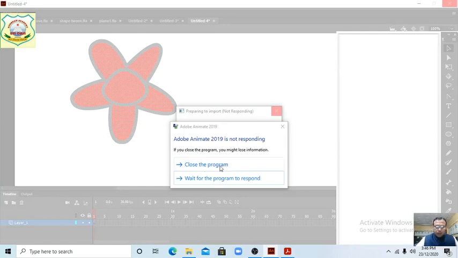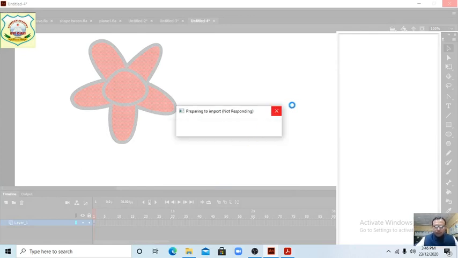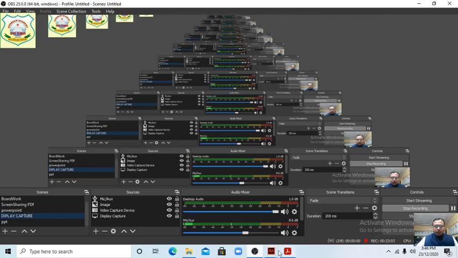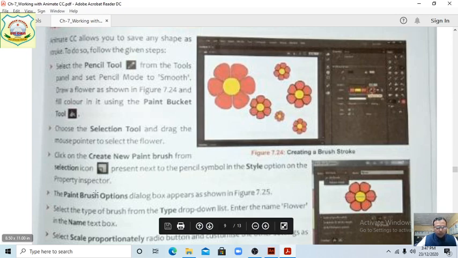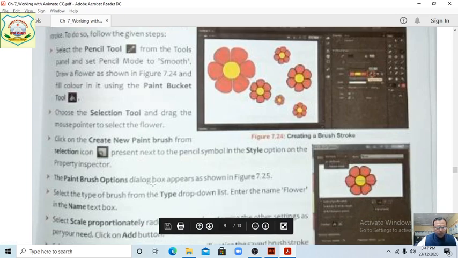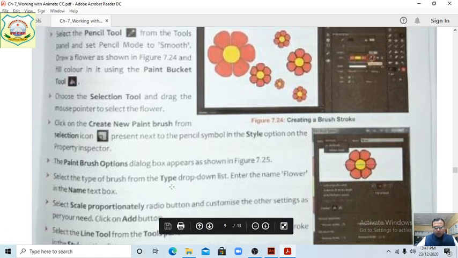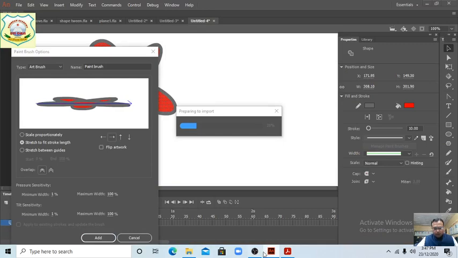Then the paintbrush option dialog box appears, present next to style options on the property inspector. Okay, like this it will be open. Select the type of brush from the type drop-down list. Enter the name flower in the name text box. You can see, students.